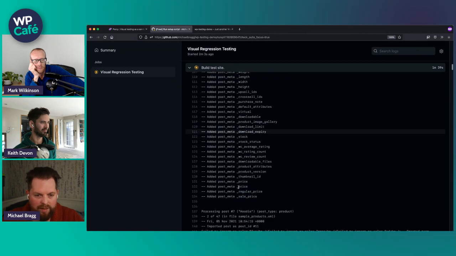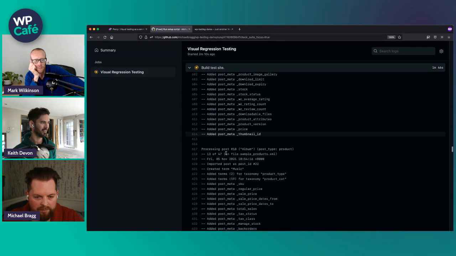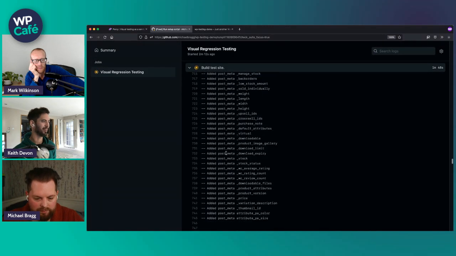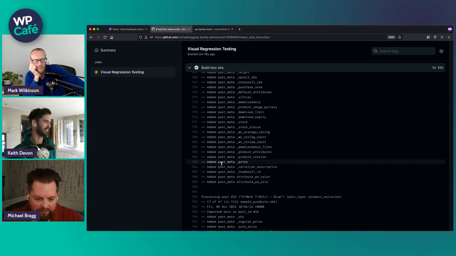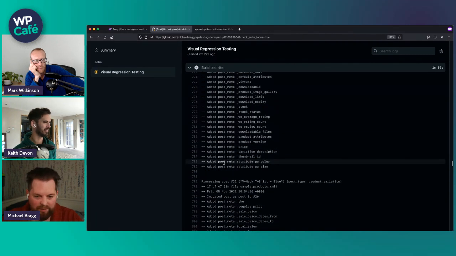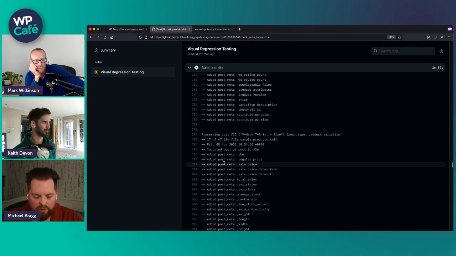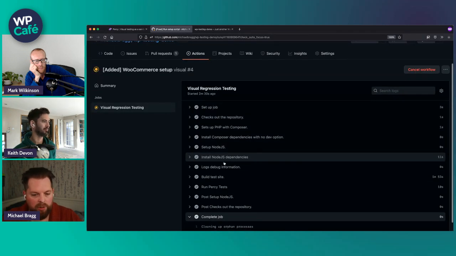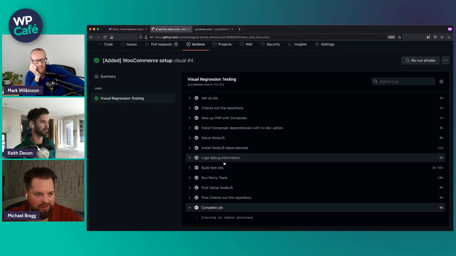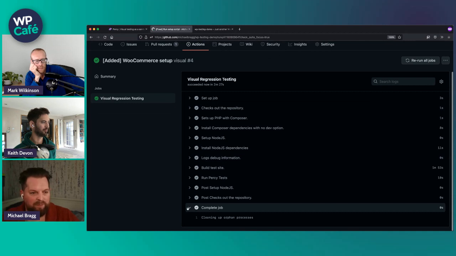Which is going through adding all the products in now. This just seems to me like one of those things that once you kind of understand it, the possibilities just open up, and it could get quite exciting, this stuff. I think the beauty is anything you do manually, you can pretty much now script. So you spend a little bit longer writing the script once, but this will save me a lot of time